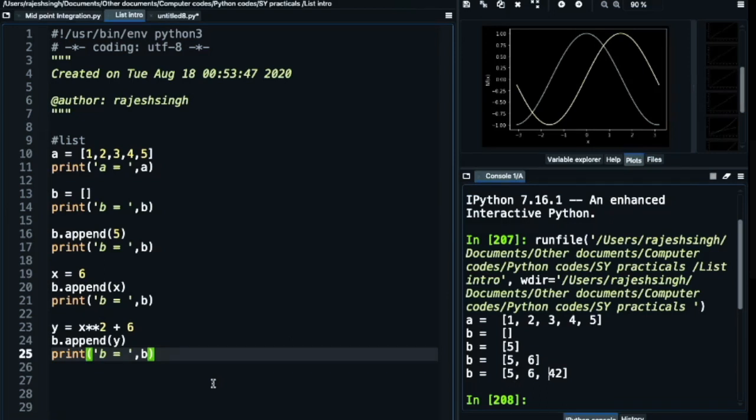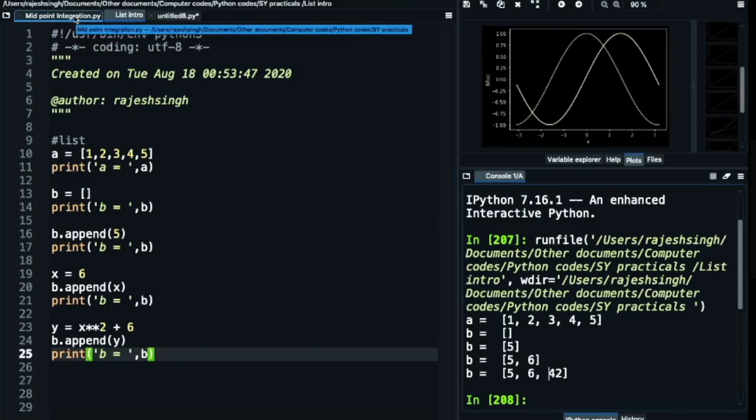If anyone has a query or doubt on this, please ask me first. Can we remove values from lists? You can remove a value from the list. You can use the pop function or something like that, so you can figure it out. You can do a lot of things. You can find the length of the list, or you can do some more indexing, like finding the midpoint, maximum, minimum. You can do all.